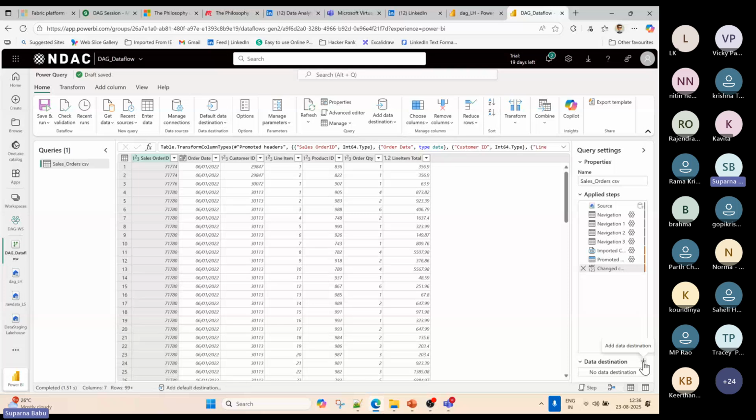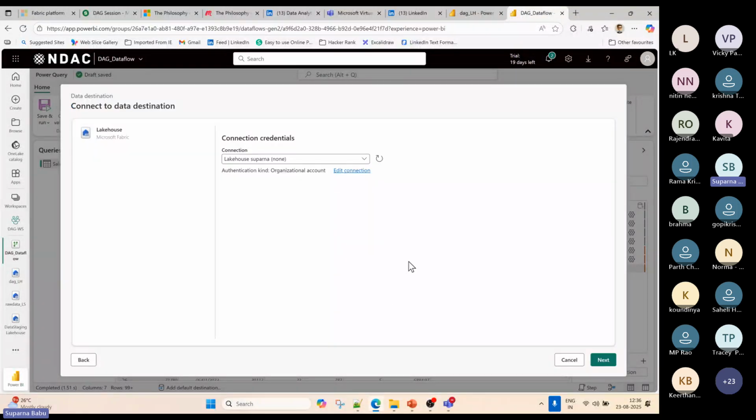It shows Lakehouse, warehouse, SQL database, SharePoint preview, and many more. My objective is to push this to Lakehouse, so let me select Lakehouse. I'm already using an organization account, so it took the name. Now let's click next.